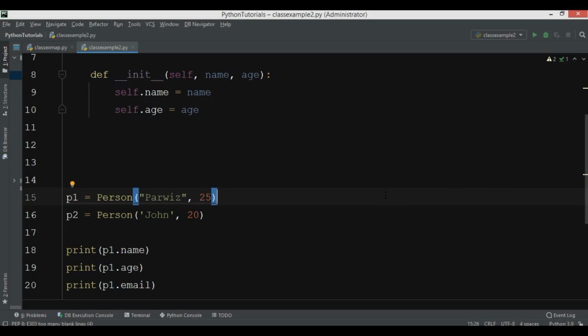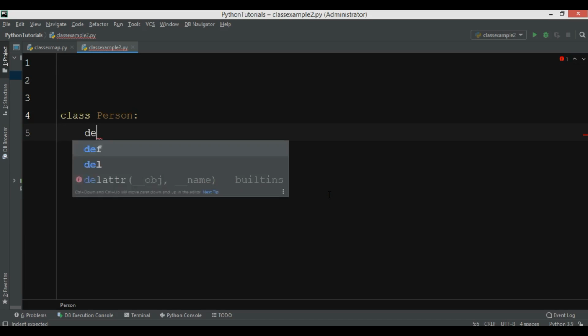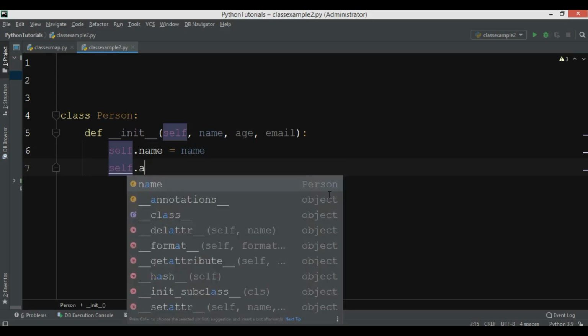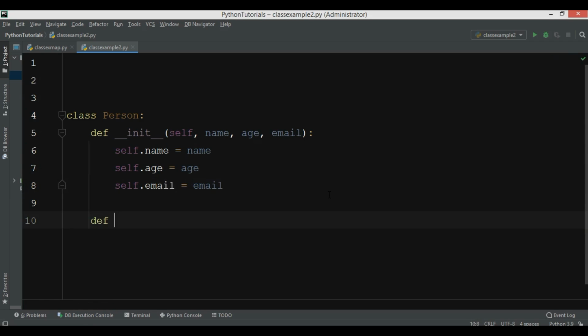Alright guys, now let's talk about how you can add methods in a class. So for example, I have a class Person, and let me just create my init method in here. So we have name, we have age, and we have email. Now we can say self.name is name, and self.age is age, and self.email is email. Now I can add my method in this class, so we can just use def, and I'm going to just say print_info,